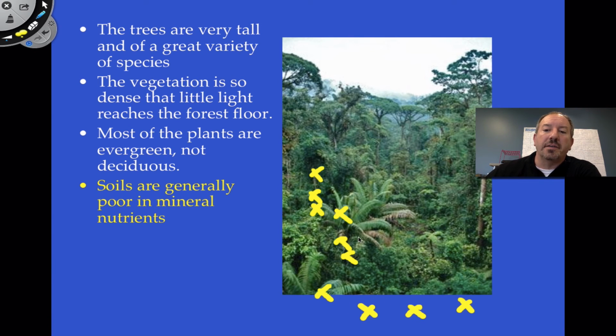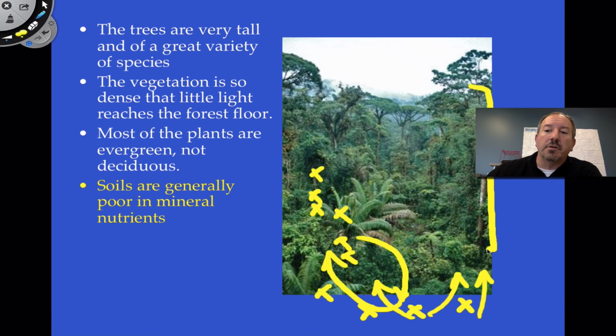When something dies, it goes down in the soil, but because of the rapid decomposition, it gets taken right back up in the roots of another tree or plant. So most of the nutrients are located in the biomass. In other words, the nutrients are in the living organisms. And when it goes into the soil, it's quickly taken back up. And if you think about it, the nutrients are either here or here. They're either in the plants or in the soil. So they're mainly in the plants.